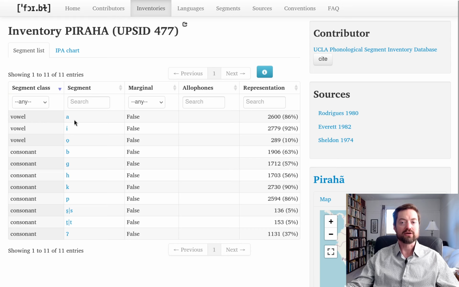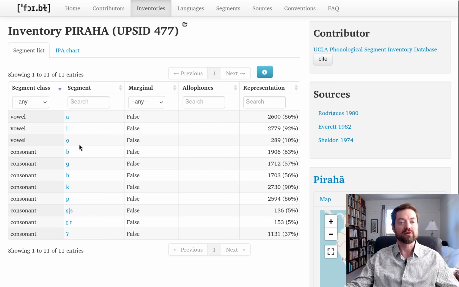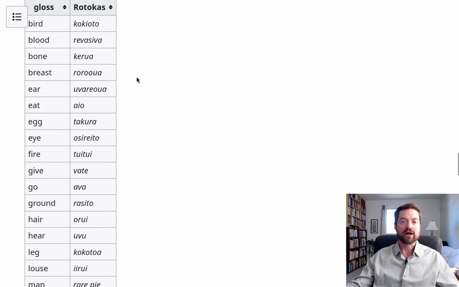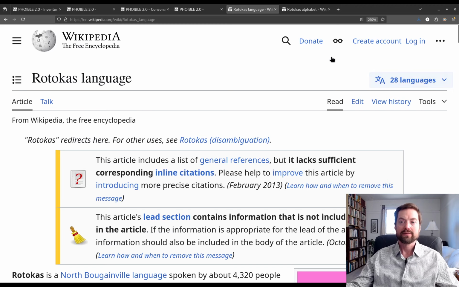Typically a 3-vowel inventory would be a, i, u. Here we have a, i, o, and you see the little tick there. It's actually a bit of a lowered O. And here we have a list of a few sounds, but I don't like how it's just written as a chart here. I would rather see this written out in